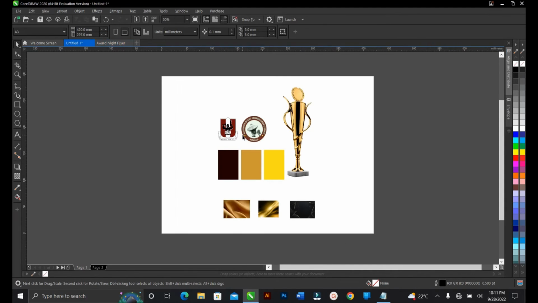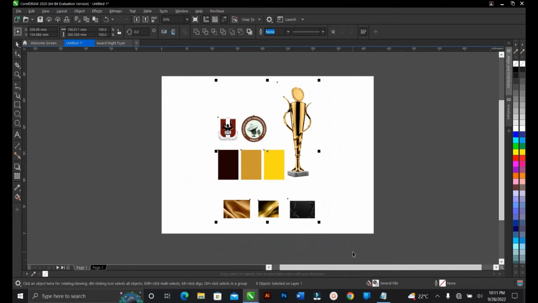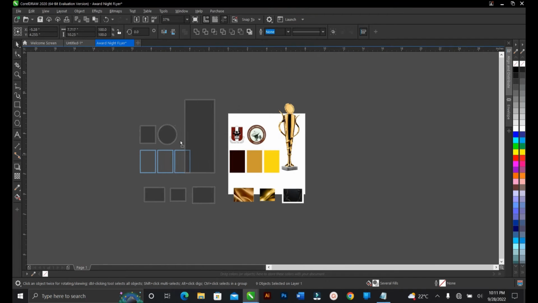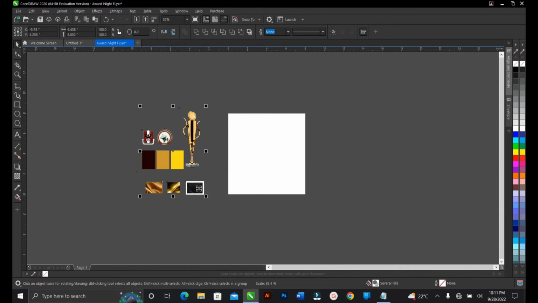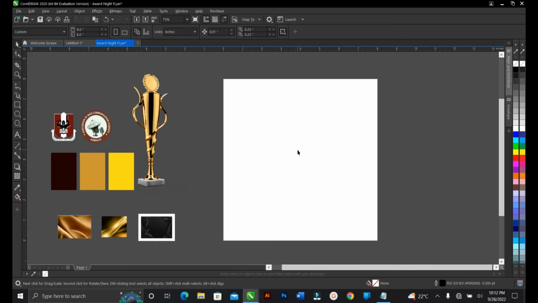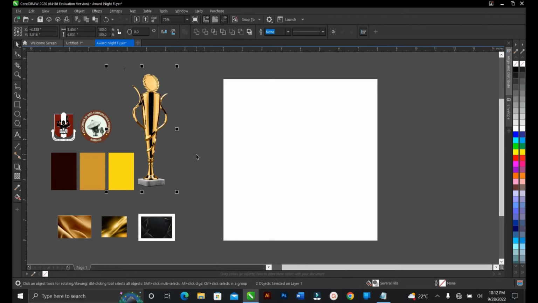Then we'll copy our resources here. You highlight, then you Ctrl C, then you come here and Ctrl V to paste. So I have the colors, the logos, and every other thing I need to create this flyer. Designing the flyer, there are different approaches. Everyone has his or her own different approach. Like I said, I always get the resources ready and do my findings,